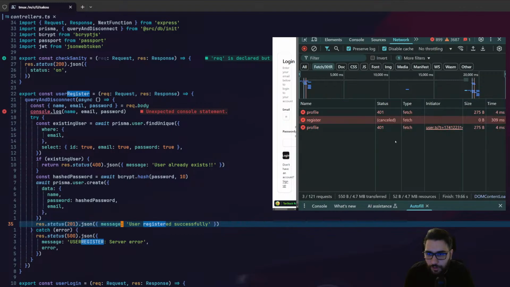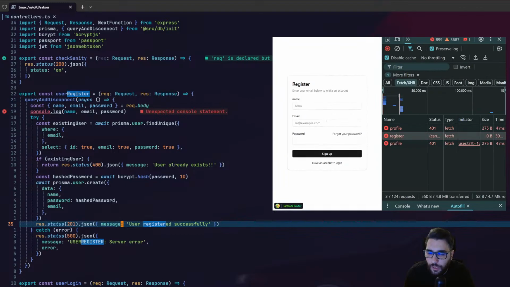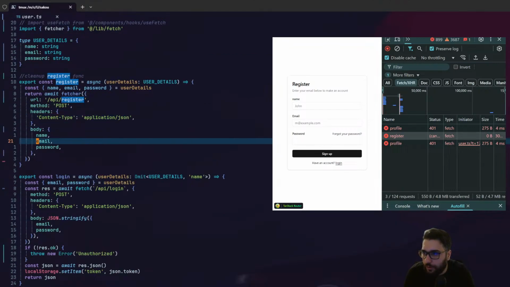It says fetch cancelled. 401. Okay, sign up. Maybe it's cancelled because of a refresh or something like that, but I'm not taking it anywhere though. Okay, then I'll return this to what it was, and I will take this async part